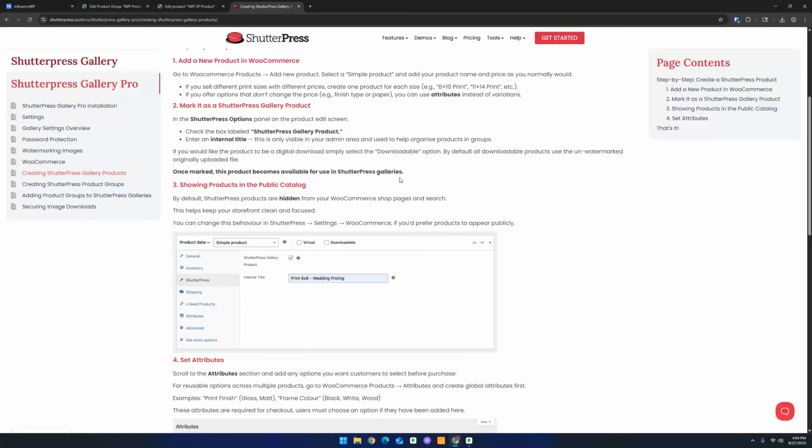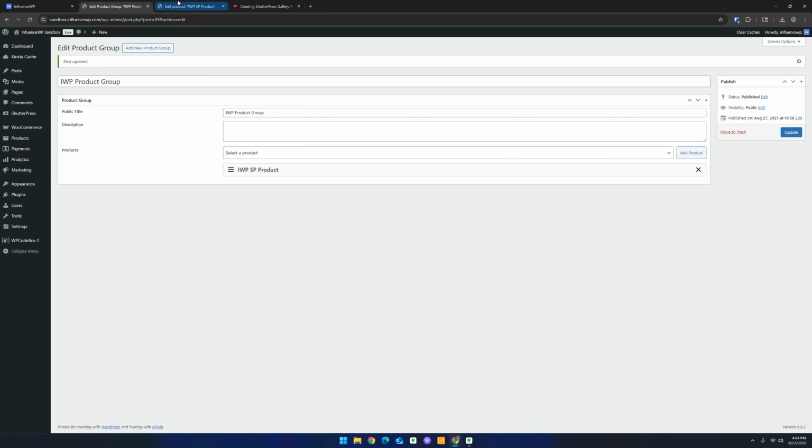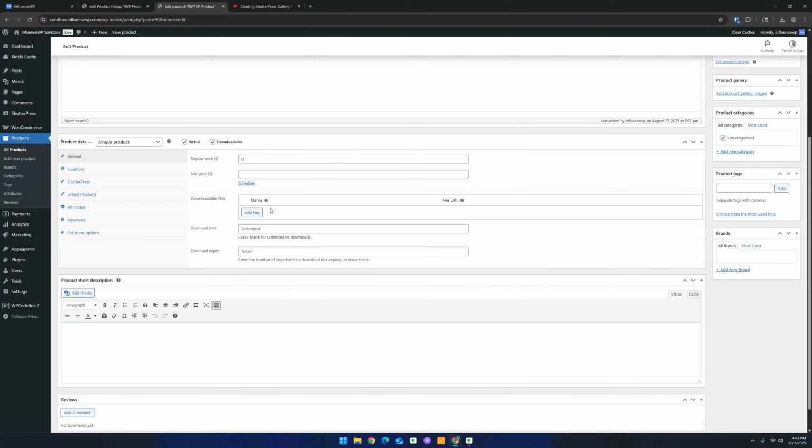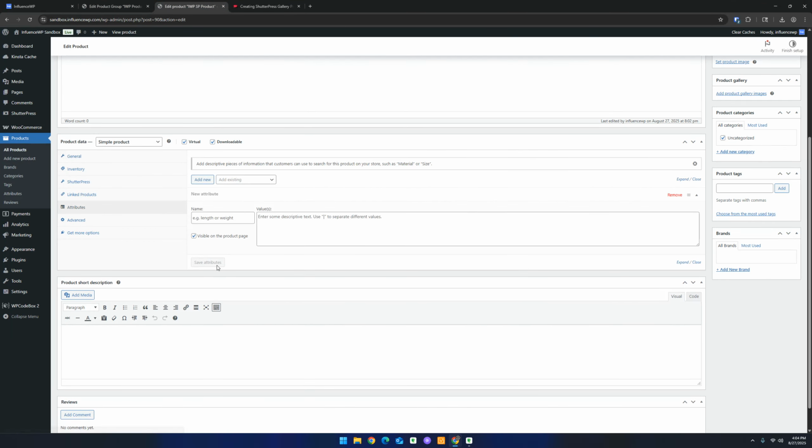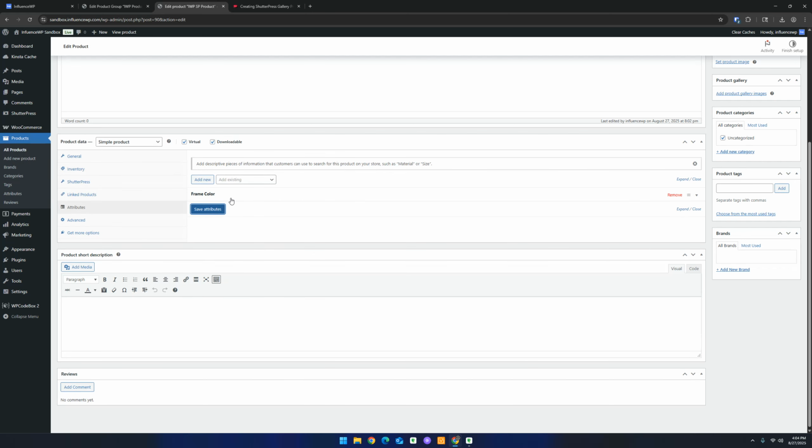Okay, that's cool. So what they mean by that is if you come over here into the product, we can come down here and do attributes. So we could do like frame color, and then you could do red, and then pipe, you can do black, that sort of thing. Save the attributes. Okay, so that is that. And then